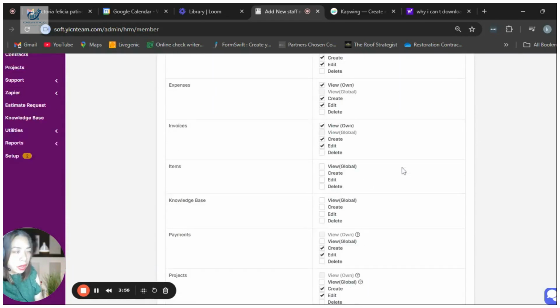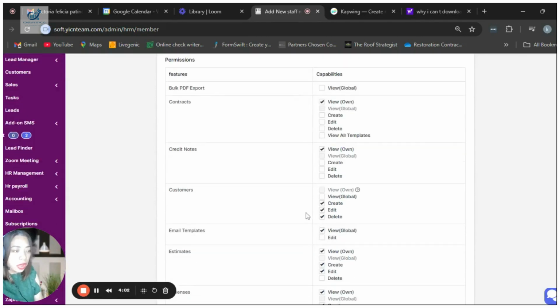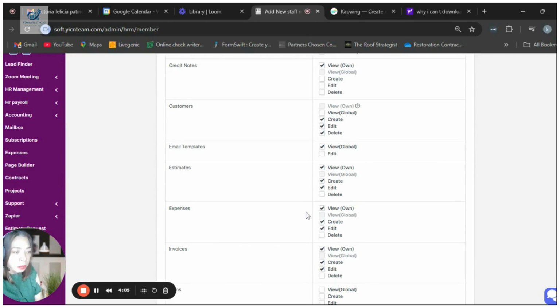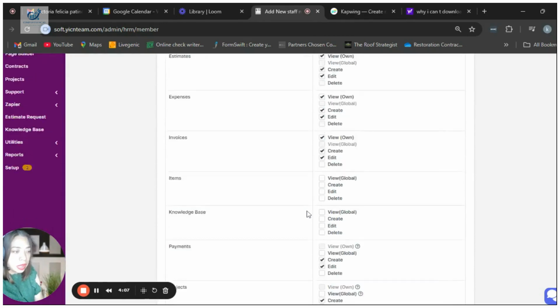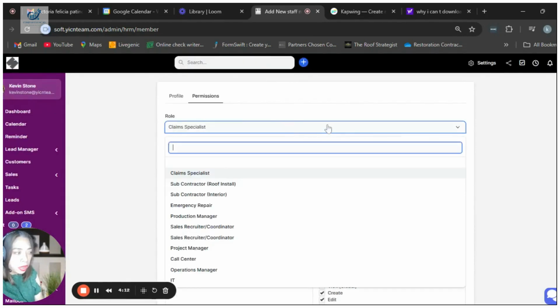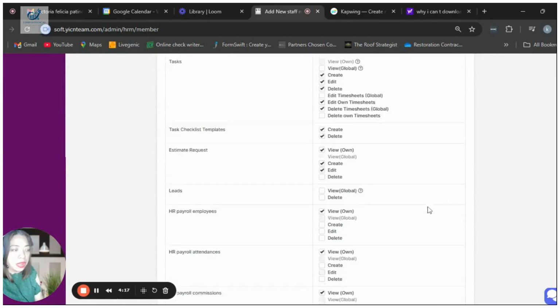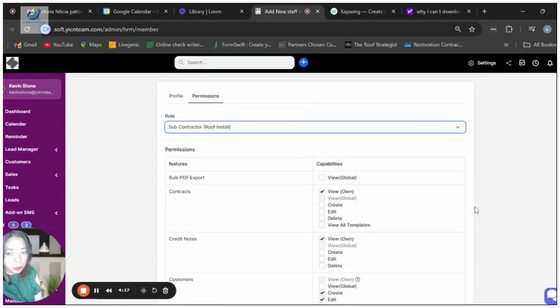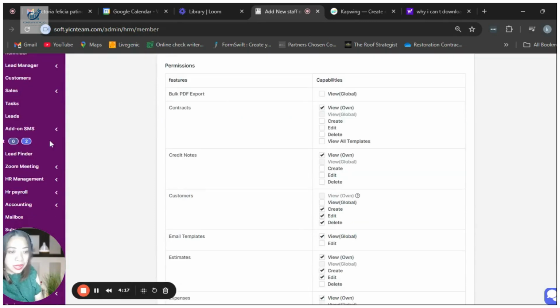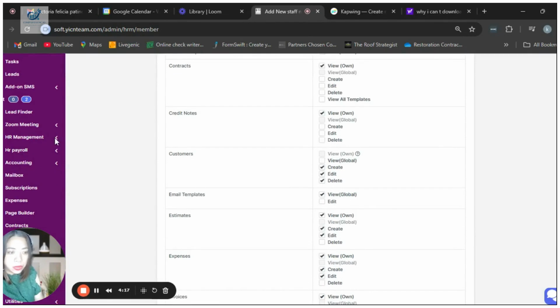So if you are a claims specialist, these are the only capabilities that you have access to: the contracts, credit notes, customers, email templates, estimates, expenses, invoices, among others. And if you hover over another role, say subcontractor, these are the capabilities that they have. So they are pre-registered. All right, so that's about that tab. Let's proceed with